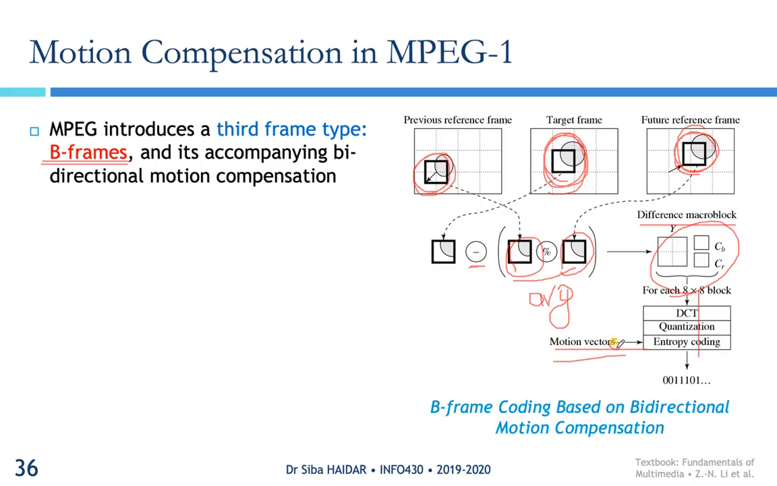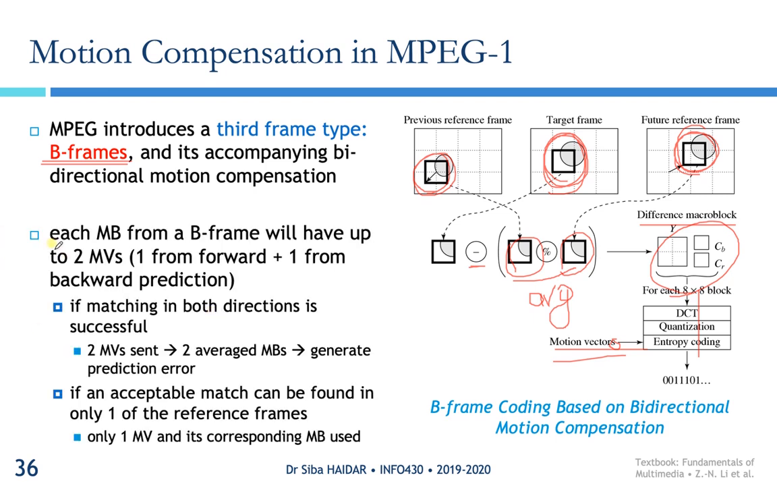Remember here there are two motion vectors. So let us read. Each macro block from a B frame will have up to two motion vectors, one from forward plus one from backward prediction. If the matching in both directions is successful, for example if the MAD measure is acceptable from both directions, you have two motion vectors,